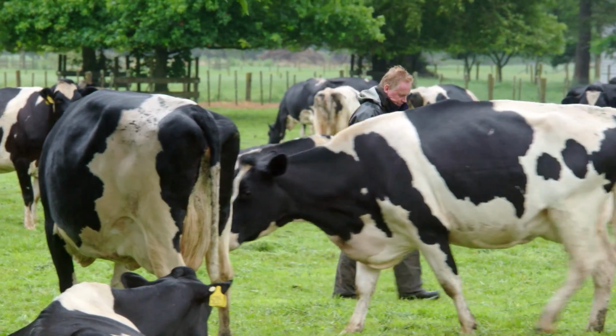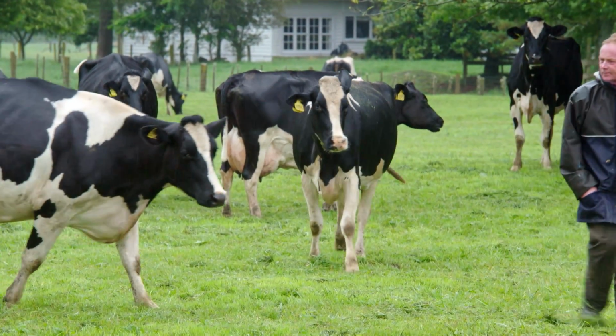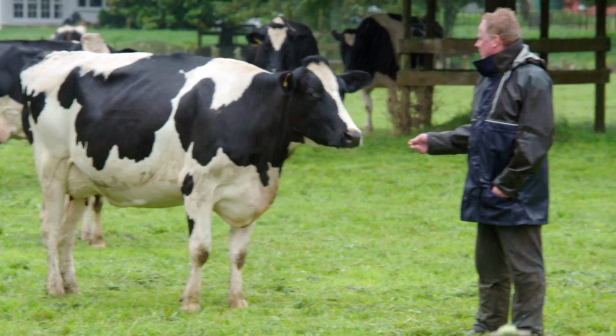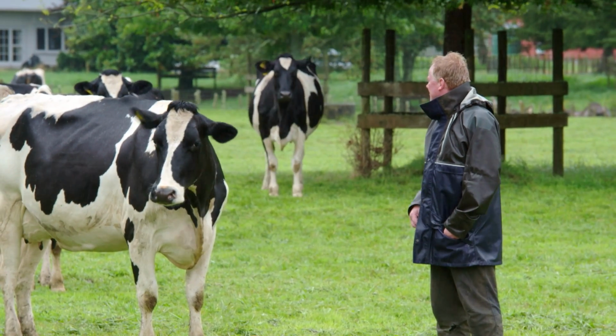We're currently farming about 200 hectares here in Kaipaki. I purchased the property in the mid to late 80s, and we've been able to expand by buying adjoining farms. We're running around about 600 milking cows and all our young stock as well. We run a System 5, which essentially is a high input system. The reason we do that is